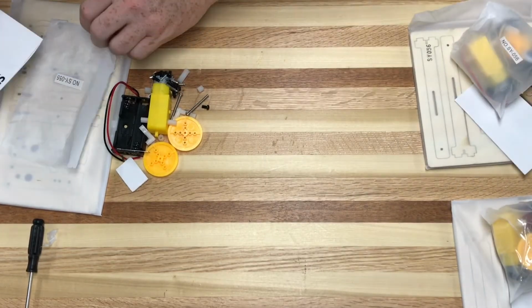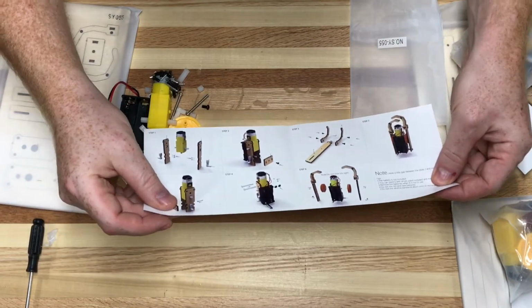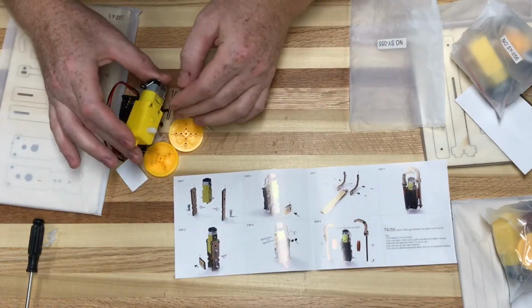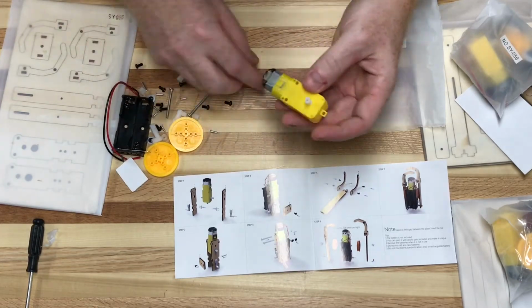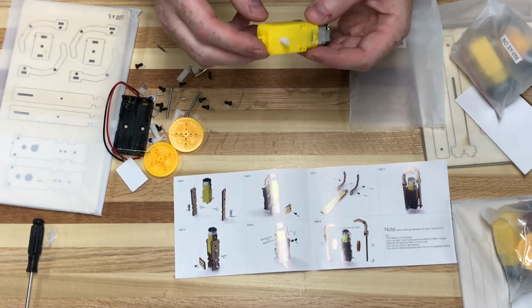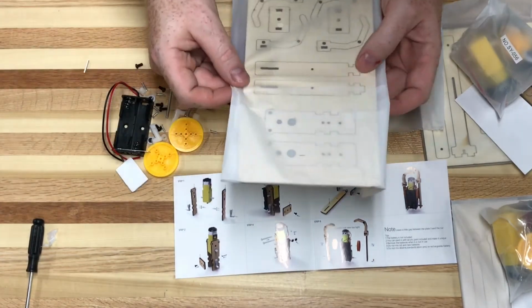Instructions look pretty simplistic. It shows the hardware going together. I've actually used these little gearbox guys before in class, and they work pretty well. They're very low rotation, so this steps it down a lot. I don't remember the step down gearing off the top of my head, but basically you would take these